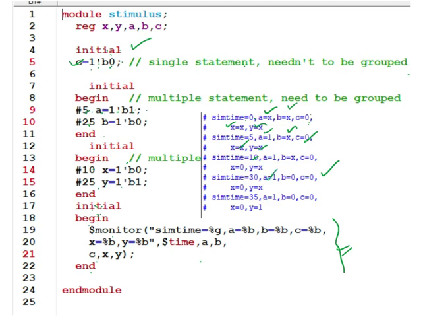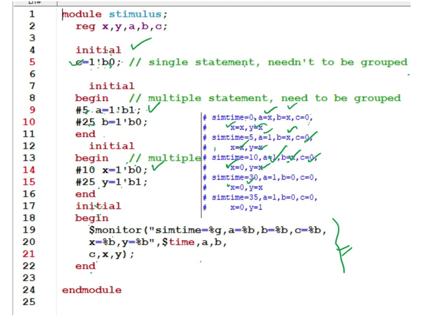Then b is also not changing, because b will change after 25 nanoseconds, so b will get an unknown value. c equal to 0, because c was already 0 at 0 nanosecond. x equal to 0, because at 10 nanoseconds it is changing, and y has not changed, so y will get an unknown value.